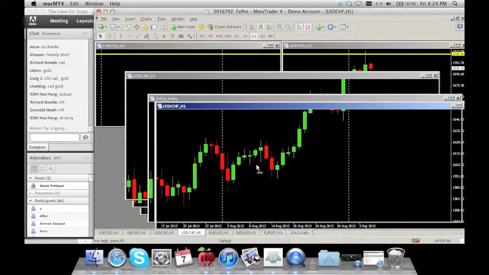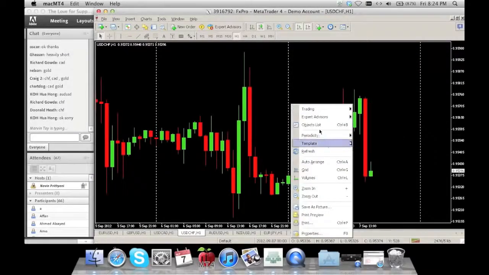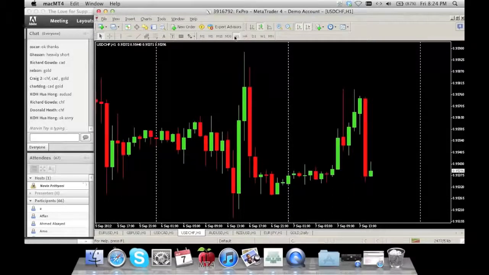The other pair we were looking at was Swiss franc. Take a look at Swiss franc on the 1 hour. Over here we did our analysis before I left the conference room to join this conference room. We were expecting the market to slow down and turn around because we were having these massive tails coming up, indicating that the market has to turn around. We had this massive drop.